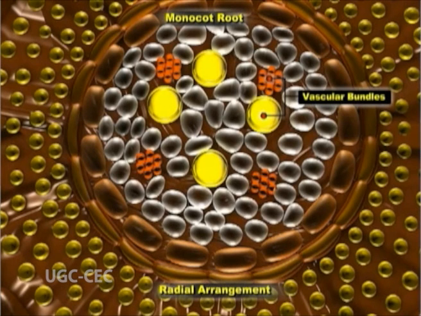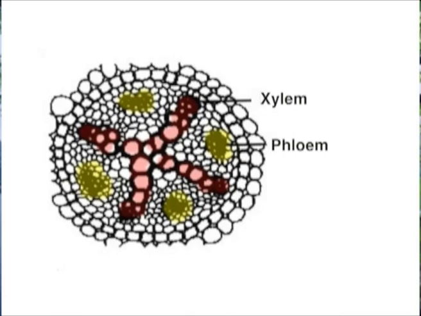In roots, the vascular bundles are radial. That means the xylem component and the phloem component are arranged separately in different radii. Truly, they cannot be called vascular bundles. Instead, they are called xylem bundles and phloem bundles separately. The solid core of xylem extends towards the pericycle, alternating with strands of phloem.